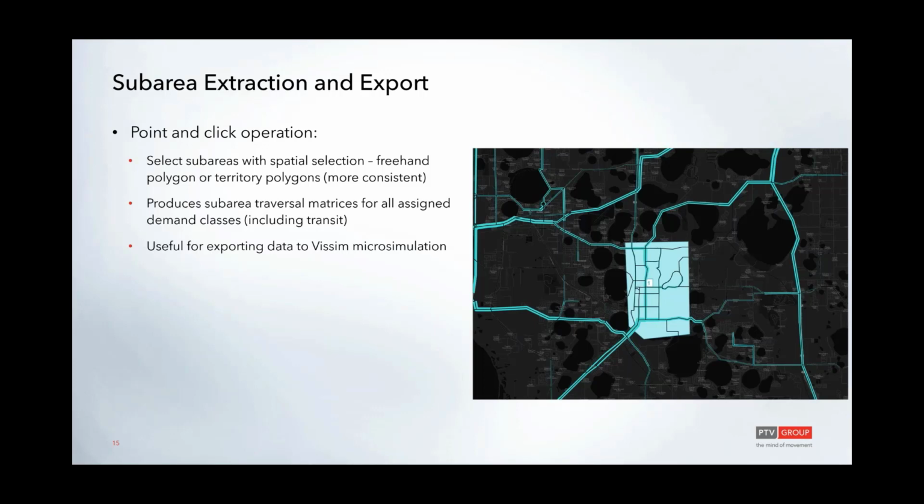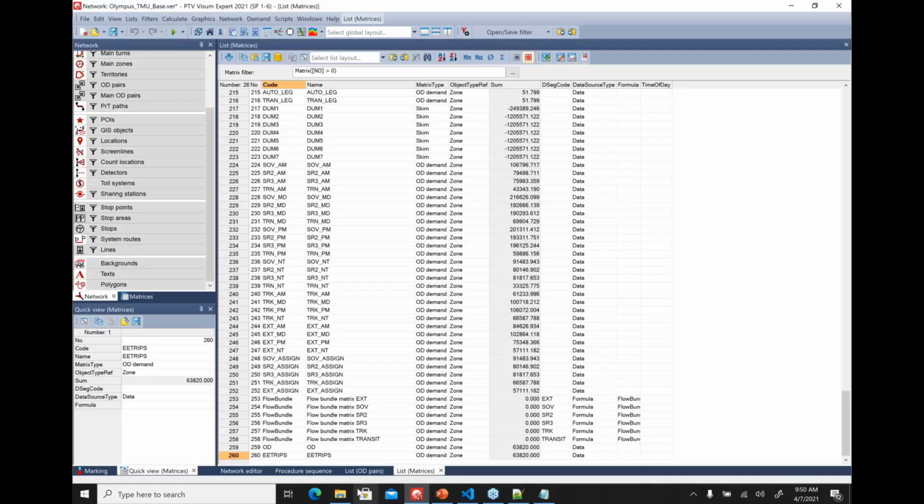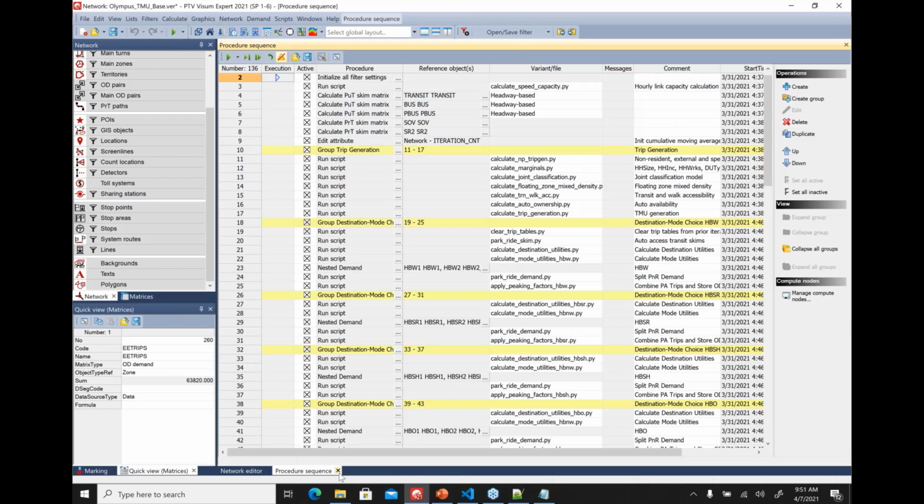So let's have a look at what comes out of the subarea export. The more important thing that you need typically from the subarea export is the traversal matrix or the cordon flow matrix that you can then use to assign in the network. So the workflow for the subarea network import or export in this case is,